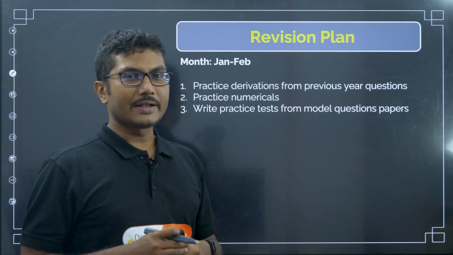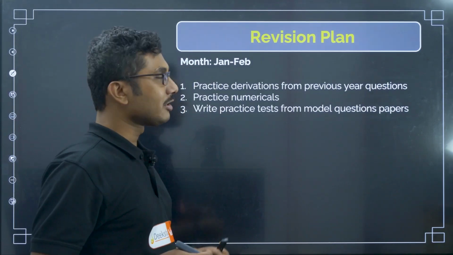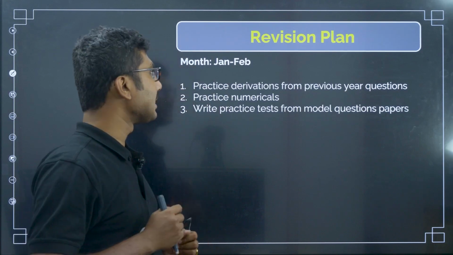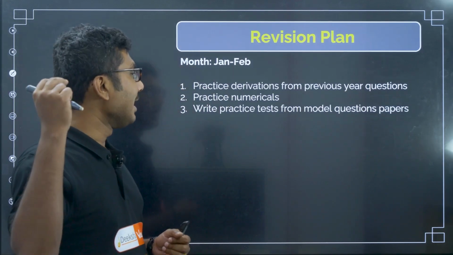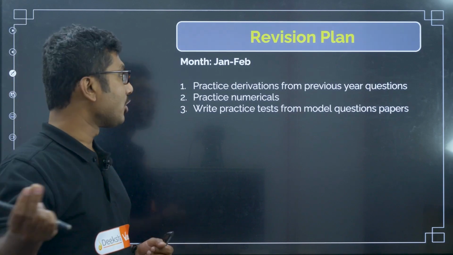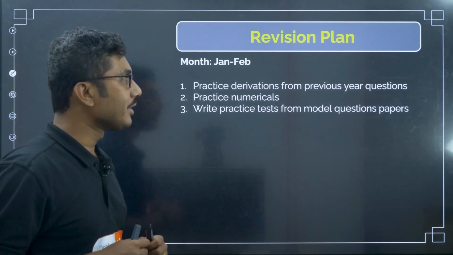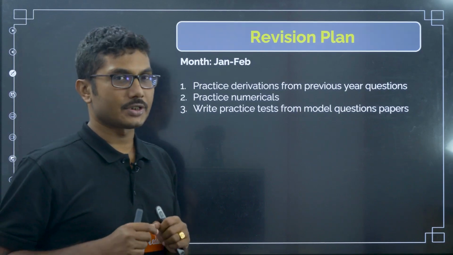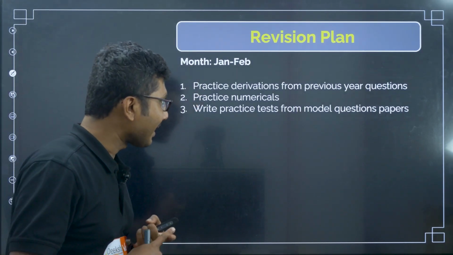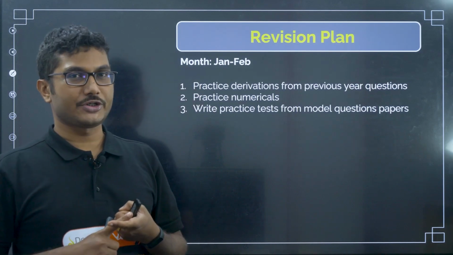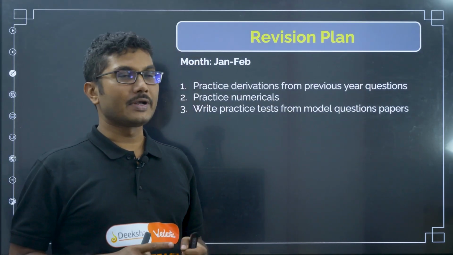Next, January and February. January and February are a very important time. During the month of January you will write one preparatory exam, then at the end of February, maybe the last week of February or the first week of March, you will start your PU board exam. So what you have to do during that time is practice derivations. First thing, practice derivations from previous year questions, where derivations are given, for example,